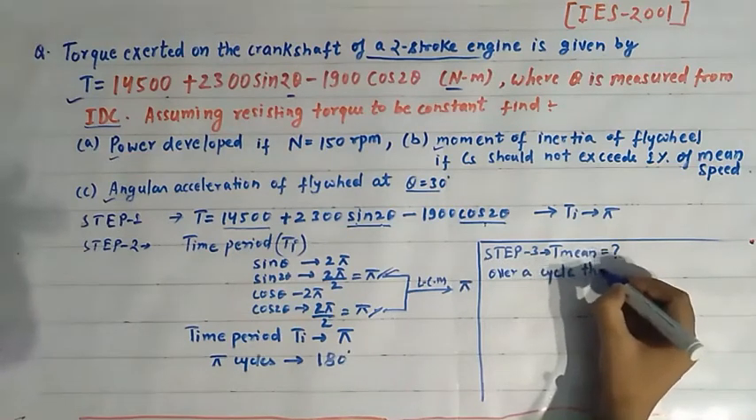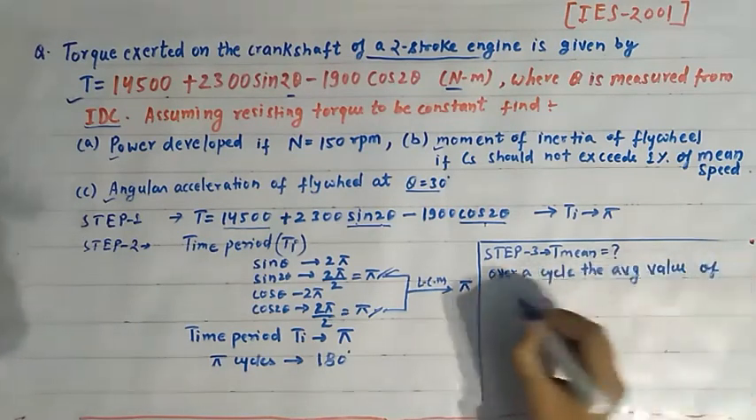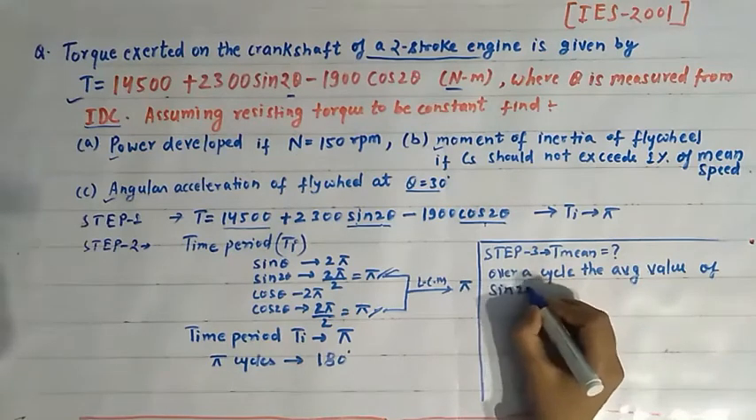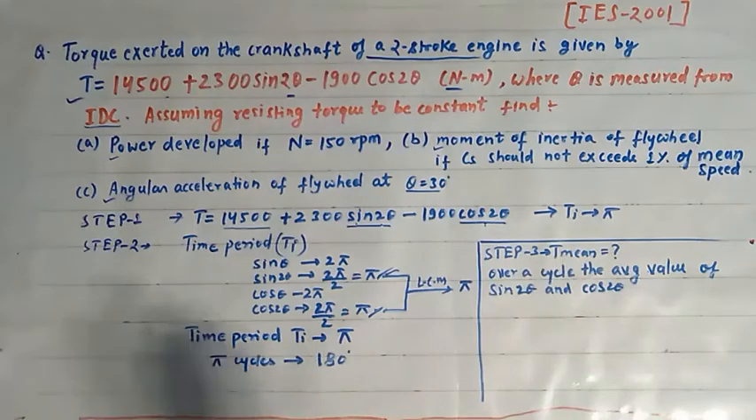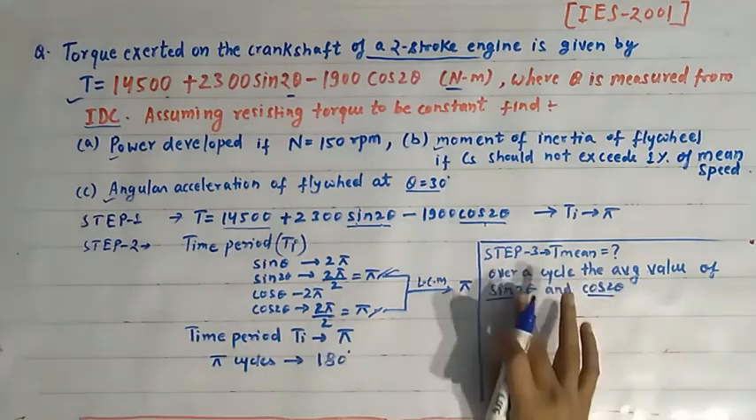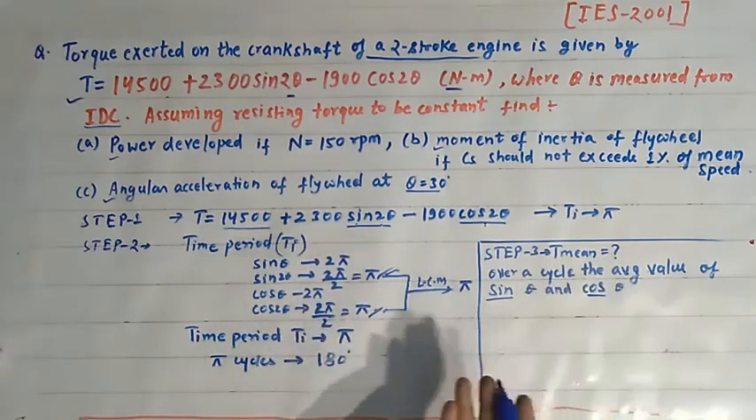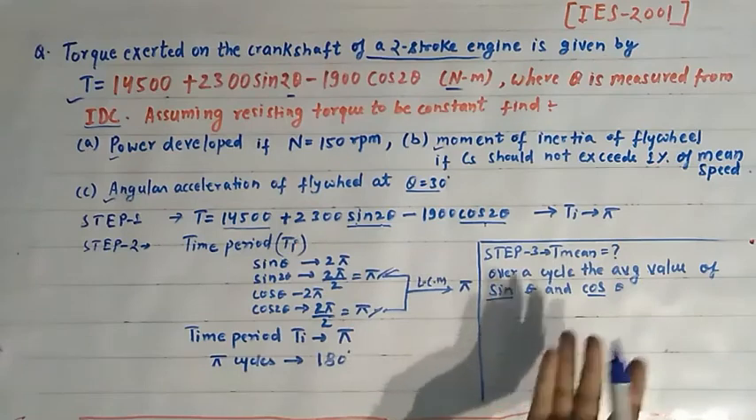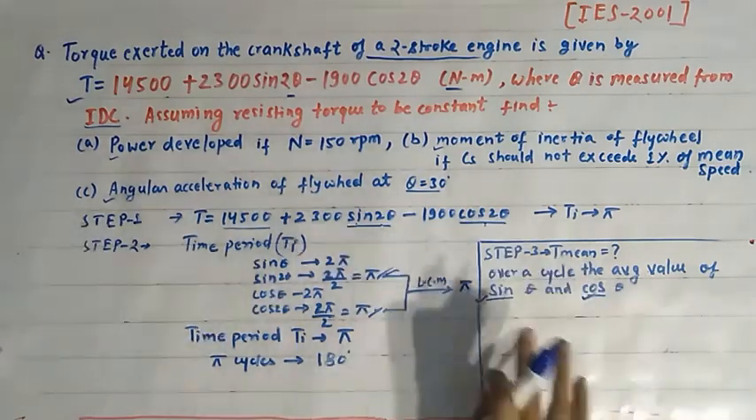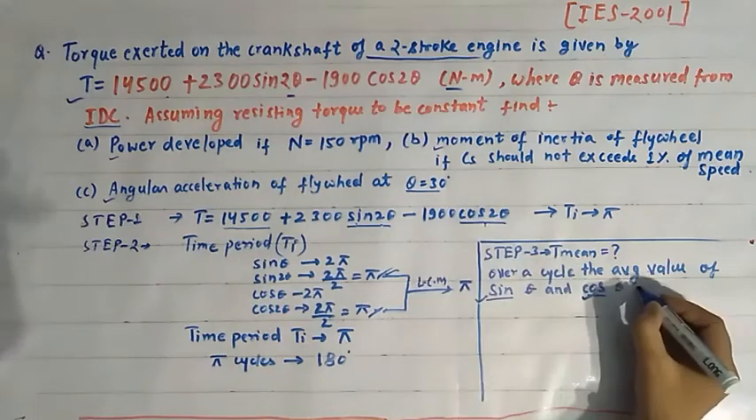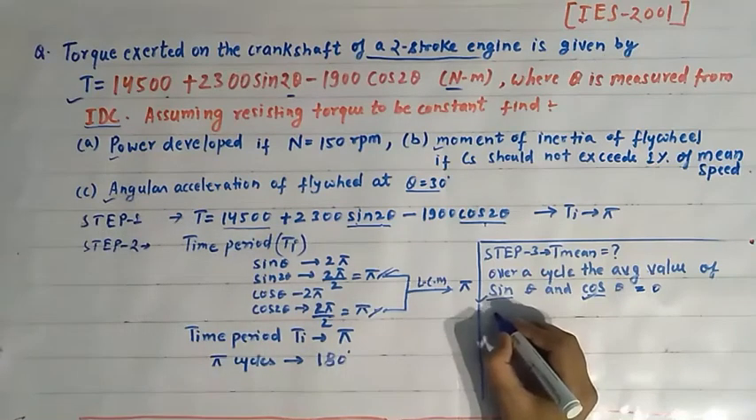the average value of a sine function and a cos function may be sin theta or cos theta, sin 2 theta or cos 2 theta, sin 3 theta or cos 3 theta. The average value of a sine function and a cos function is always 0. That's why in this term,